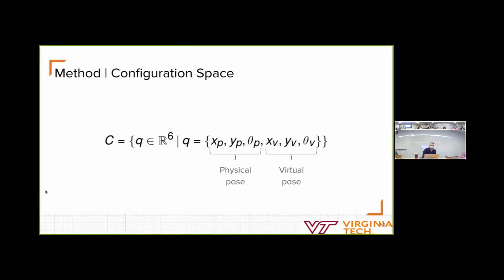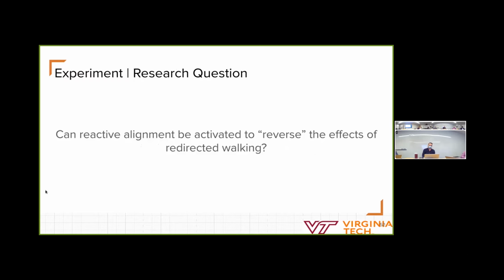So one of the studies out of this paper that I think is probably the most interesting was asking the question: can we use this notion of reactive alignment to effectively reverse the effects of redirected walking? So can we apply redirected walking to a user for a bit and then undo those effects with this alignment and get them back into an aligned state where they interact with the physical